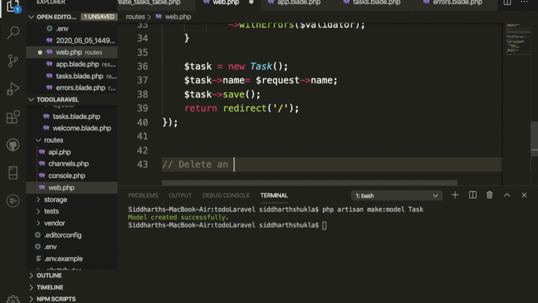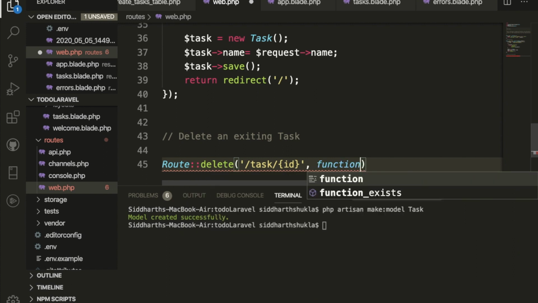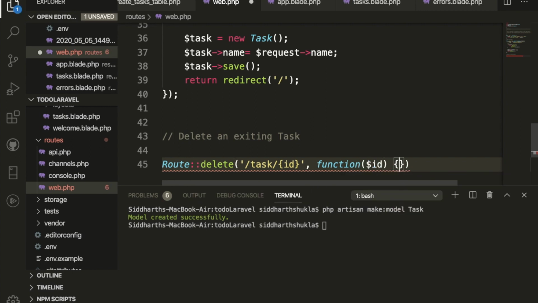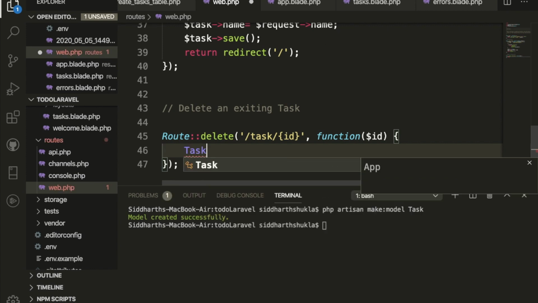Delete an existing task. Okay, so we will return, I am going to use route scope resolution operator and delete method. Inside of this delete method I am going to use colon task, here I will use id, then here I'm going to write function. Inside of the function we need to use request, we have id. Okay, and then inside of this route we have id. If anyone hits here, then I'm going to call directly model